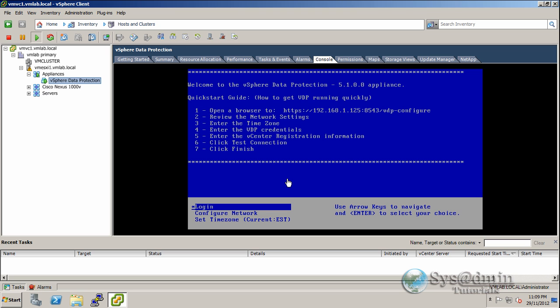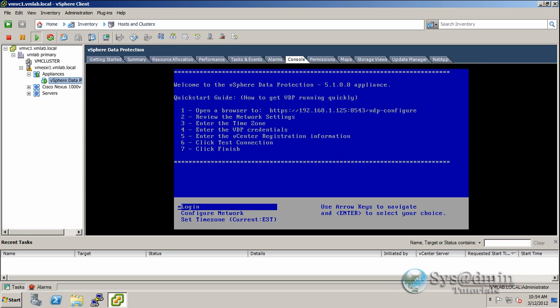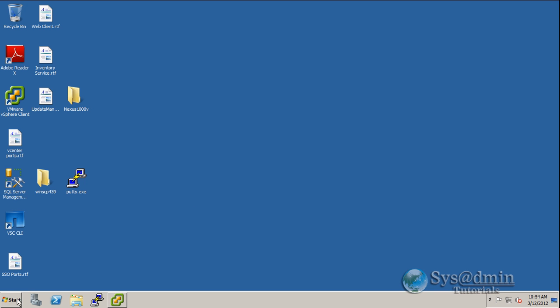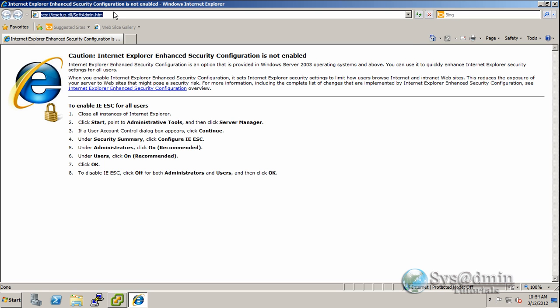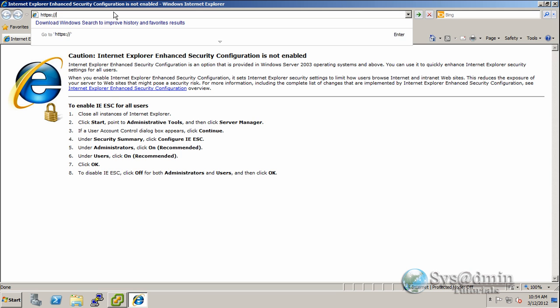Okay, and our vSphere Data Protection Appliance is now back up and running. So there's 2 areas for vSphere Data Protection. Let's just show you the first area and what we can do in that. If we go back into our Internet Explorer browser, and we browse to the web page that we were at before,